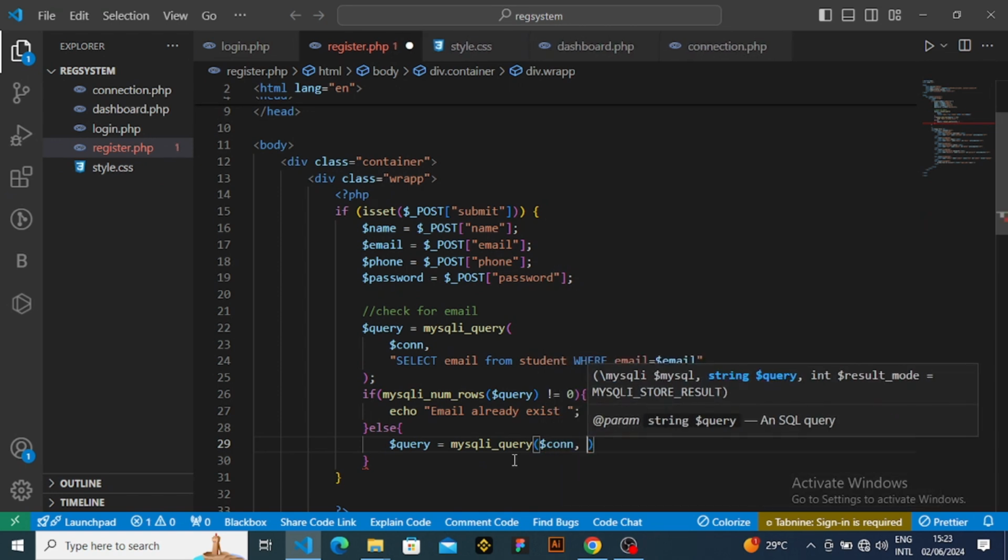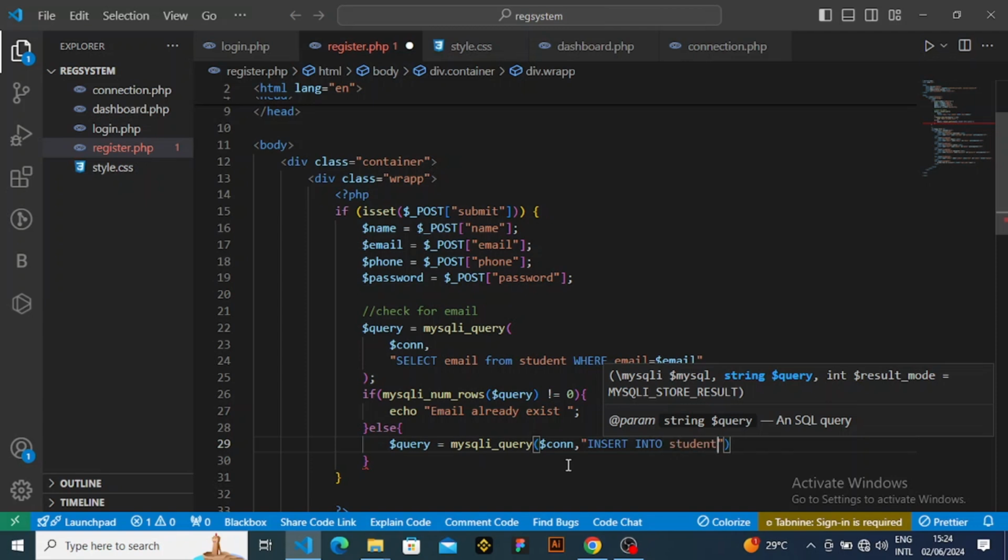So this first one now, you are selecting it to check if the email is in the database. And if it is in the database, don't insert anything. Print this information to the person, telling him that the email is already in our database, so he should check another one. But else, if the email is not in our database, you now have to do this second query, which is